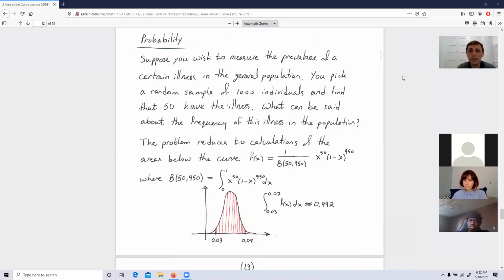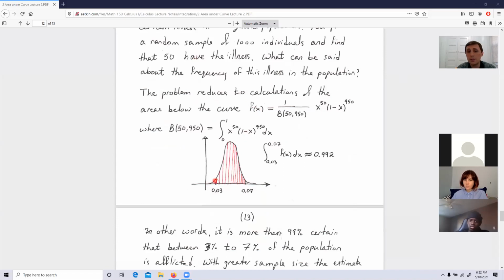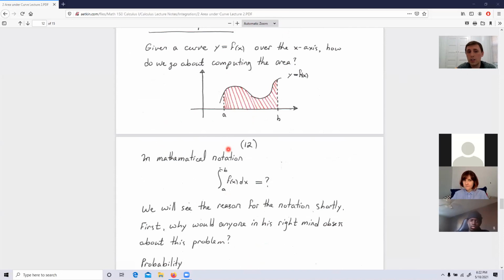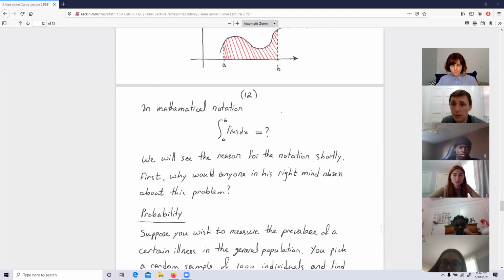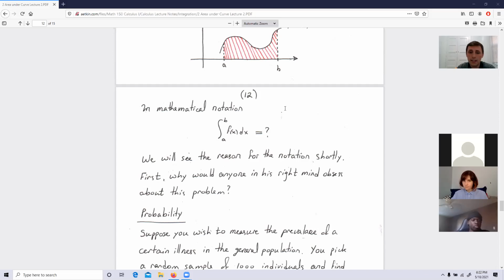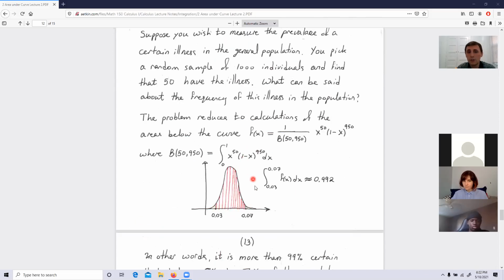As it turns out, guys, the answer to this problem ends up being the integral of this curve. You see f of x, this is the integral. This is the area under this curve. It's written in notation as the integral from a to b of f of x dx. I will in a moment explain why that's the notation for finding area under the curve. So the answer to how prevalent this disease is in the population is this. And by studying this area, as you draw over here, I can conclude, for instance, that the prevalence of this disease,